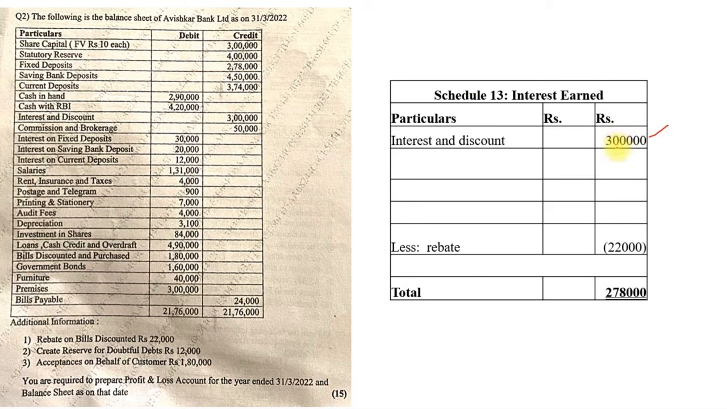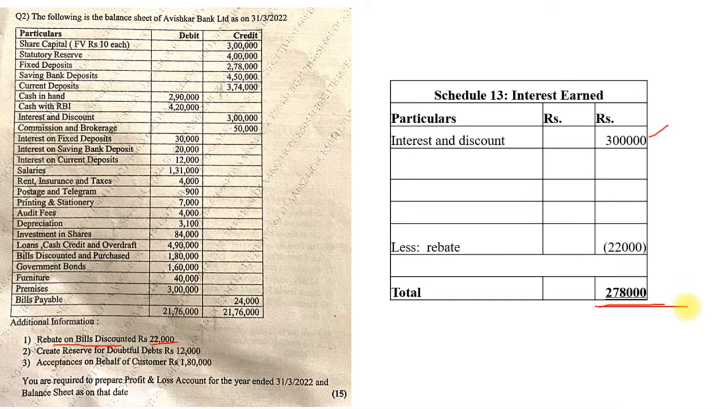Next, once I note down that, check for any rebate. Now I can see here rebate on bill discount. See, this is interest and discount. Always remember, rebate will always be subtracted from the interest earned. There is a rebate of 22,000 which was given in the adjustment. So from the 3 lakh, we will subtract a rebate of 22,000 and we'll get a total amount as 2